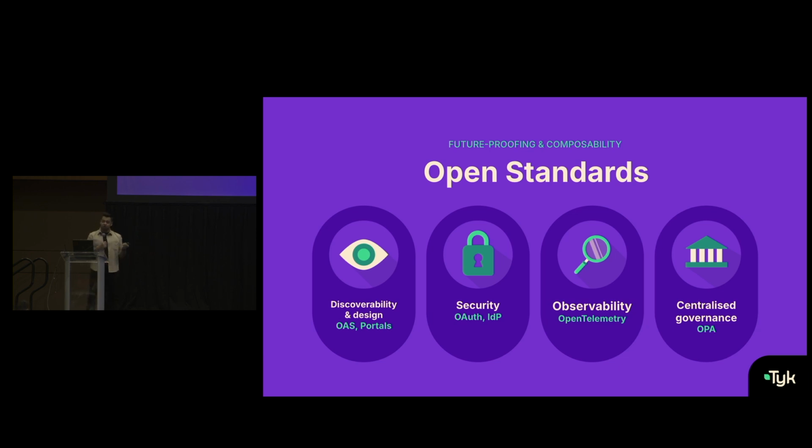For discoverability, portals can be quite good as well. Again, there are a couple of options out there, internal as well as external. From a security standpoint, OAuth is a good way of thinking about it, perhaps combined with OIDC in certain cases. Observability-wise, OpenTelemetry, big fan of OpenTelemetry. There are a couple of talks I've heard here as well, and really something that if you haven't considered for distributed tracing, definitely worth considering. And centralized governance as well. I mean, Open Policy Agent is one of those things that you could do, but any kind of policy engine that can enforce certain kind of fine-grained governance policy management, that's the solution that you would want to go for.